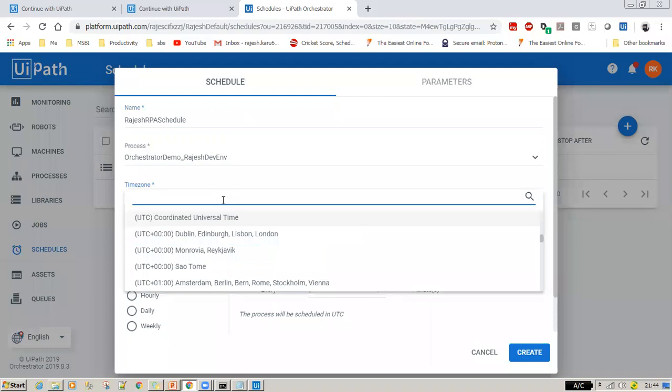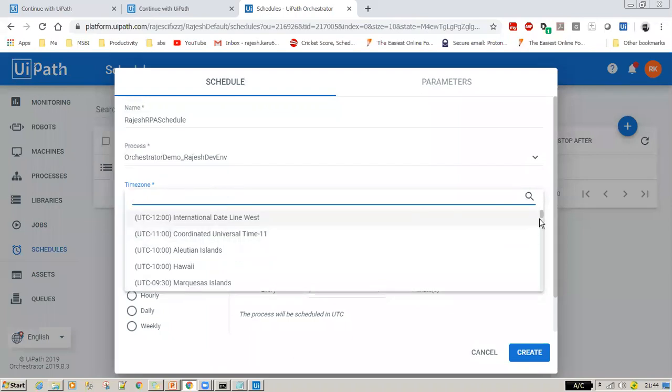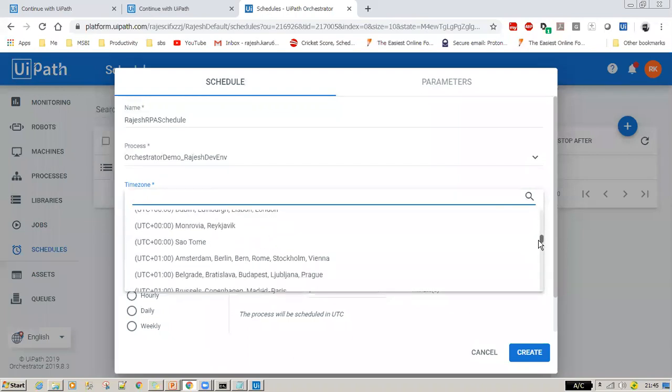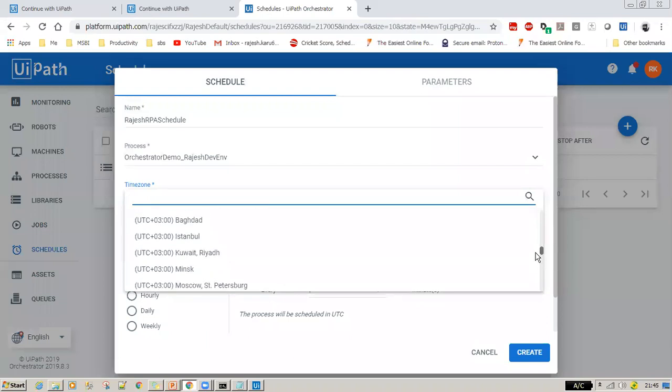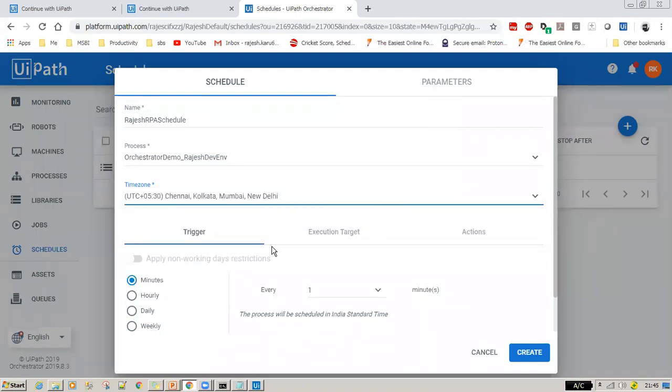Now mention your time zone. Was it GMT +5? Let's see. Yeah, this one, UTC +5. So I'm selecting my time zone.